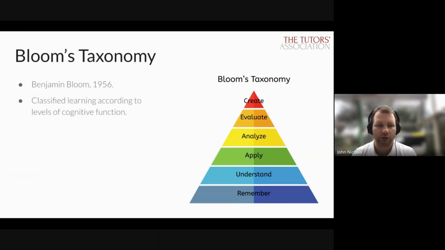It classified learning according to levels of cognitive function. Very simply, if you can just remember a piece of information that you've been told, like the date of the Battle of Hastings, 1066, then that's the lowest level of cognitive function. It then goes up into higher levels. There's understanding why the Battle of Hastings took place. There's being able to apply it, maybe being able to explain what would have happened if someone had made a certain decision. There's being able to analyze it, look at reasons in more detail, and then evaluate. And then at the top of this, there's create, or sometimes it's labeled as self-actualization, whatever that's supposed to mean.